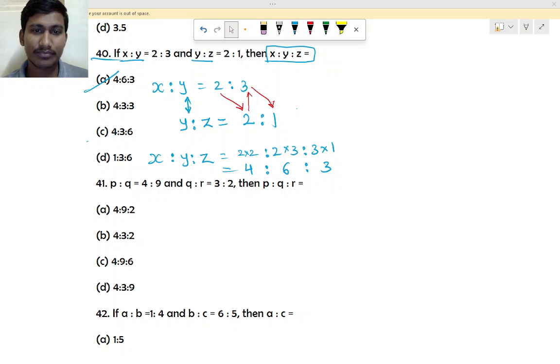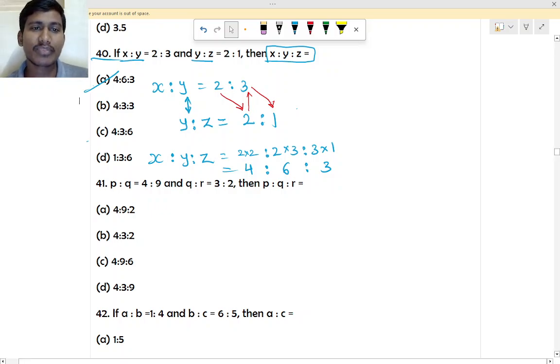So we should multiply one number with another: 2 into 2, 2 into 3, 3 into 1. And then if there is simplification, you should do simplification, but there is no simplification here, fine. So that will be the answer. You have to write this properly like this.